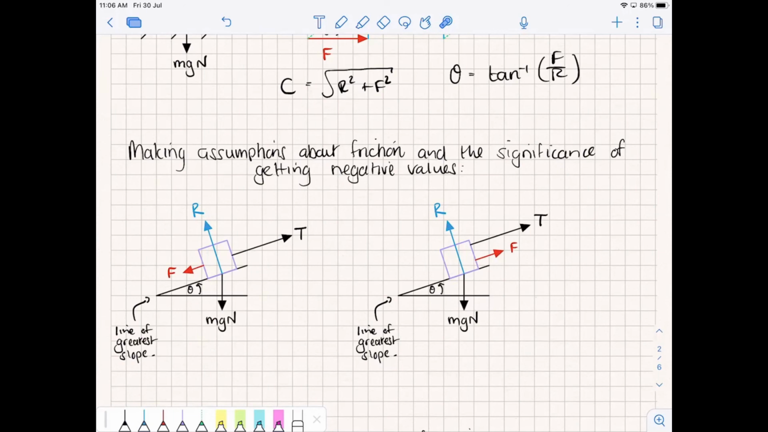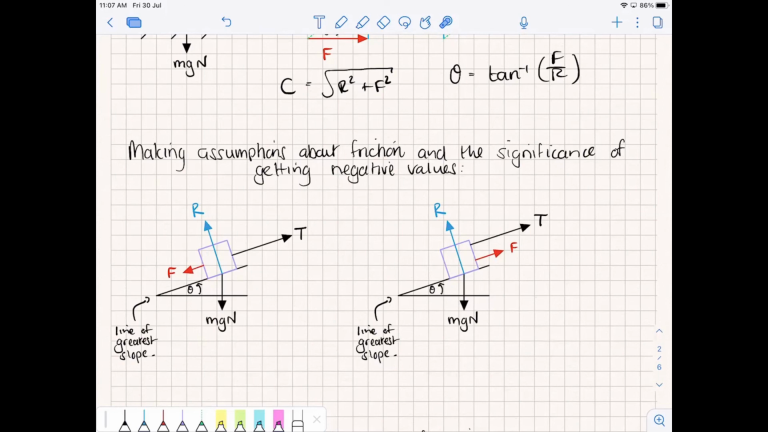Right, so let's consider the scenario on the right. In the scenario on the right, imagine that we don't have a lot of tension, right? There's not a lot of force pulling the box up the hill. In other words, the object is actually at the point of moving down the hill. So imagine you're trying to hold the car by a rope. It's about to slide down the hill, right? And you're holding on for dear life to keep the car from rolling backwards, but it wants to go backwards,